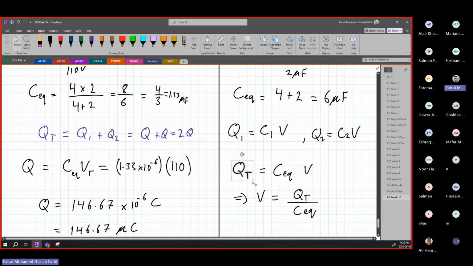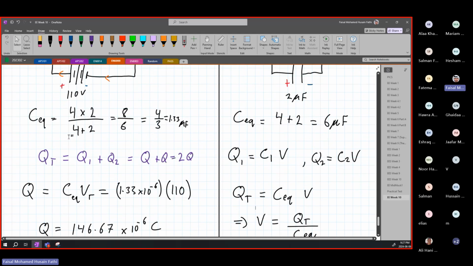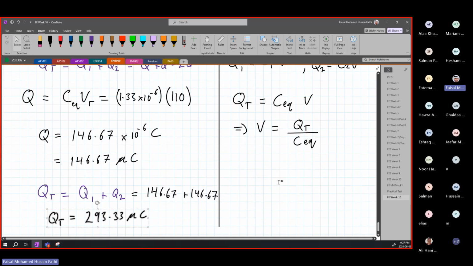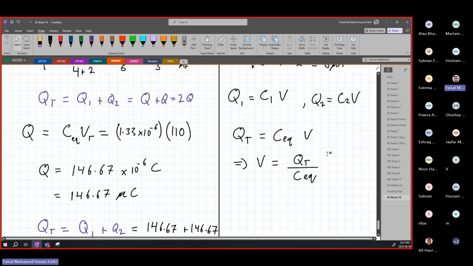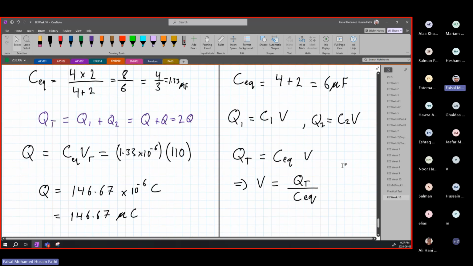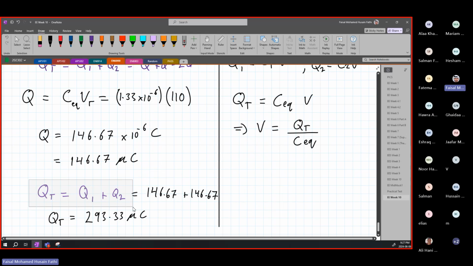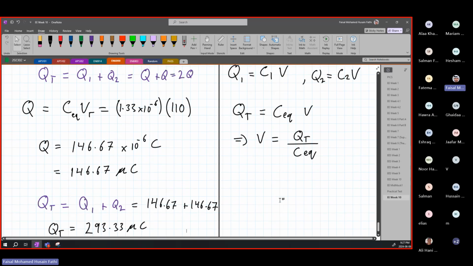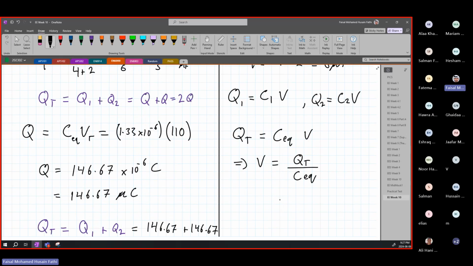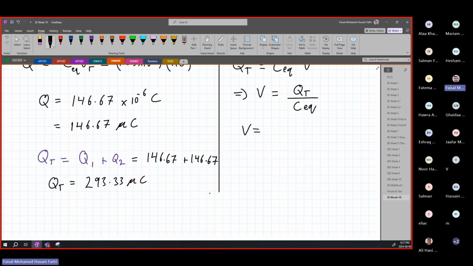So when it comes to Q total that we have determined from our series circuit, we can use that Q total now to find the total voltage that is being applied here by the capacitors on each other. Then they have stored capacitance now. This is where we have found why we have found our total Q. Once we find our total, now we can find our voltage simply as the QT that we have found earlier, which is